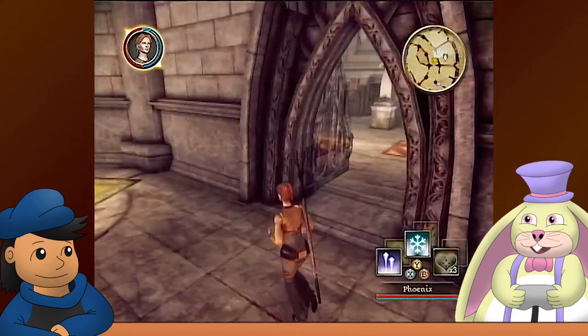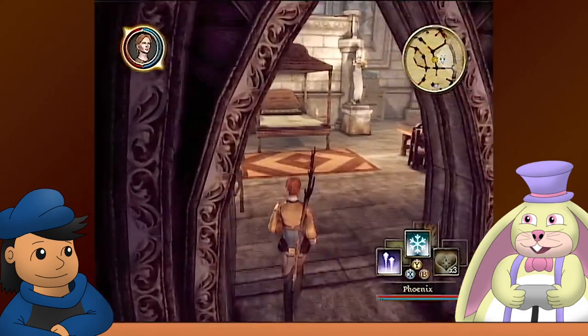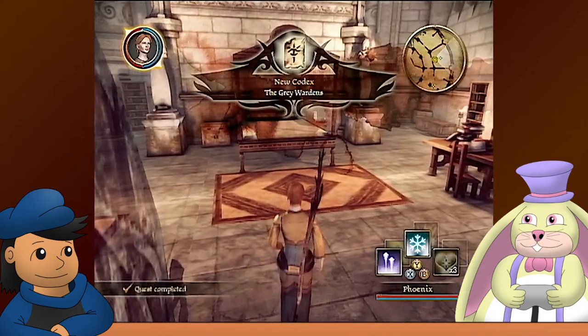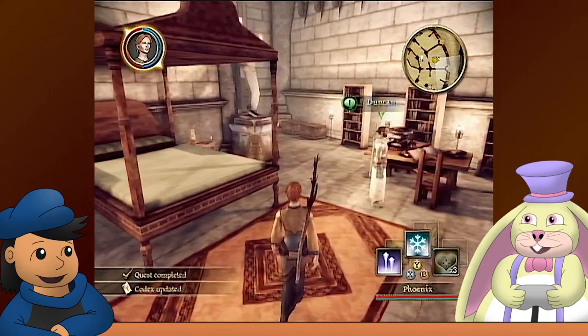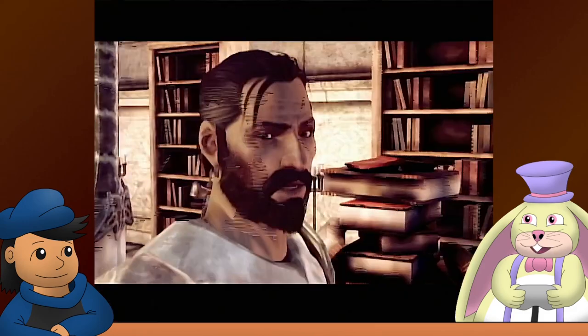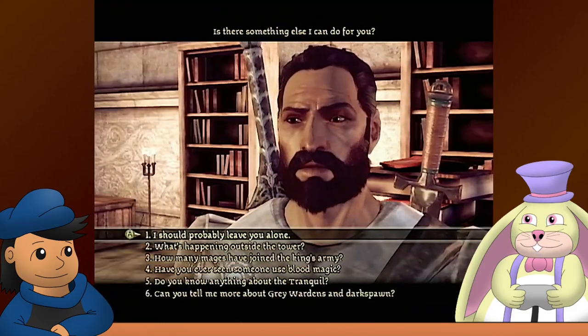Yes, the map of the circle tower is a little wonky. I can barely tell which door I'm able to go through. Anyways. Looks like it's a circle tower. We could chat with him a little bit. There's something else I can do